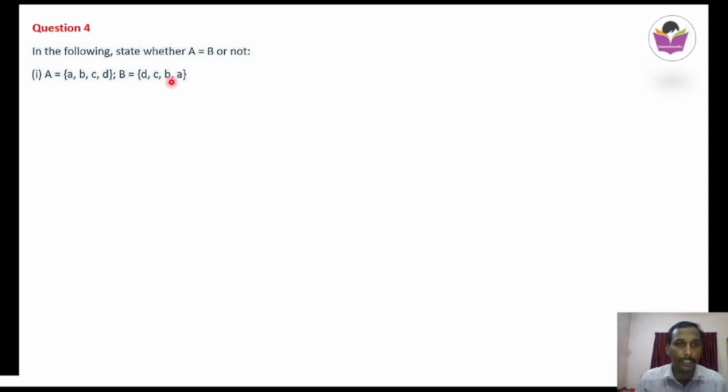Here A, when you check, the same A is here. B, if you take, it is here. C, if you take, it's here also. And D, when you check, it is here. There is no additional element in any of the sets. So exactly the same elements. Because of that, we can write each element of A is the same as each element of B. Therefore, A is equal to B.